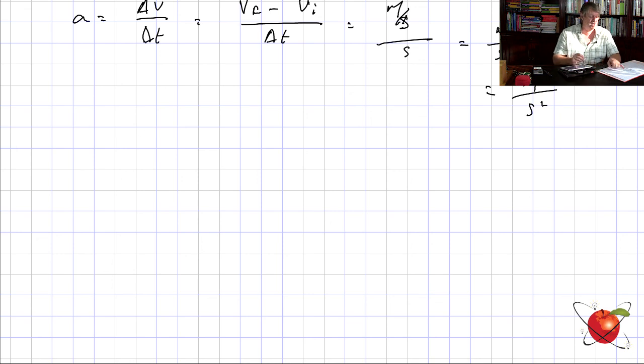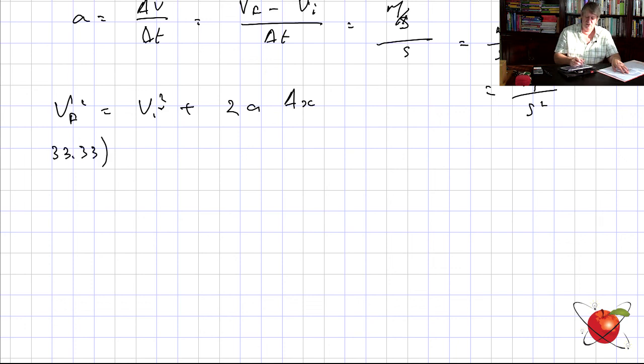Distance is going to be VF squared. Look at this one. VF squared is equal to VI squared plus 2A delta X, right? What does that mean? That means this. It means that the final velocity in this case, okay, the final velocity was